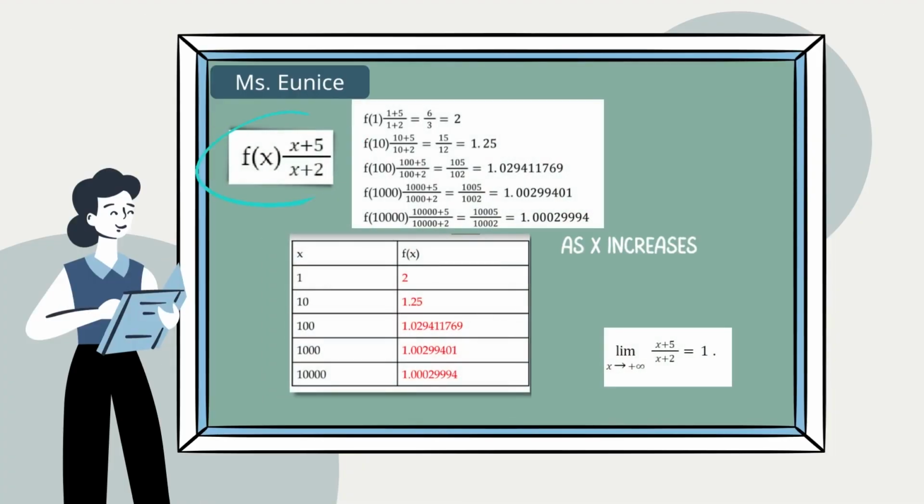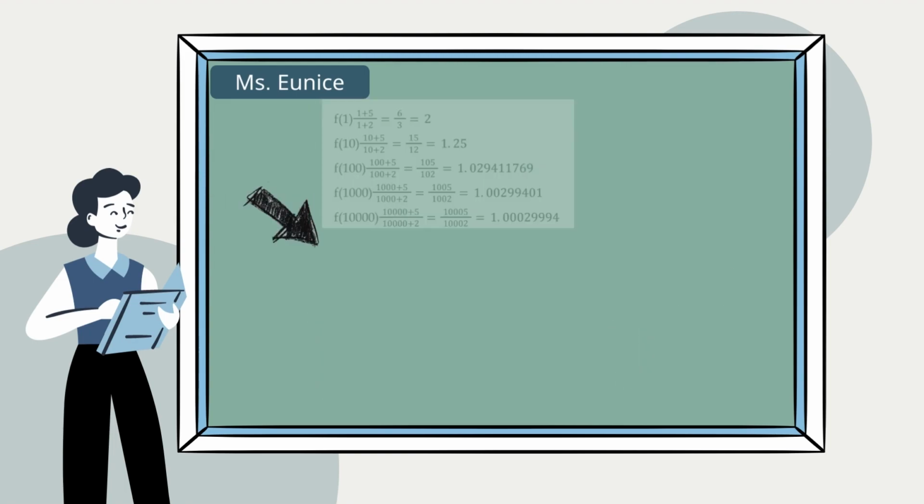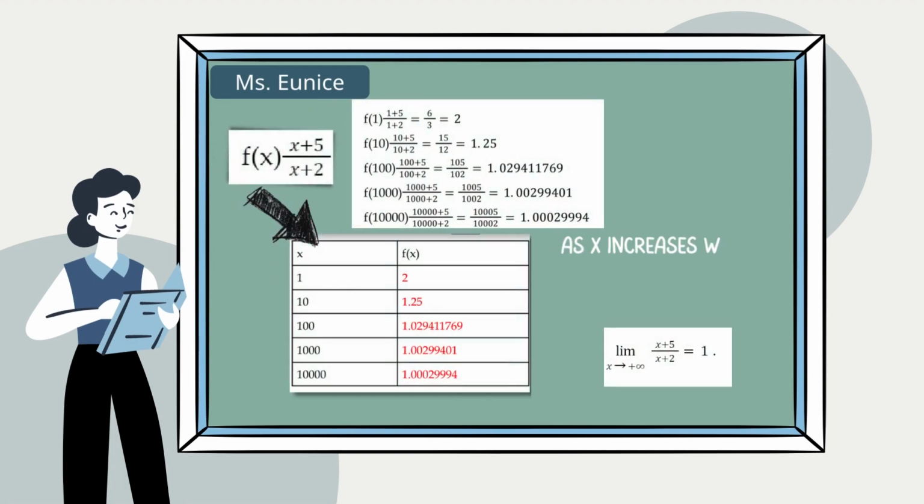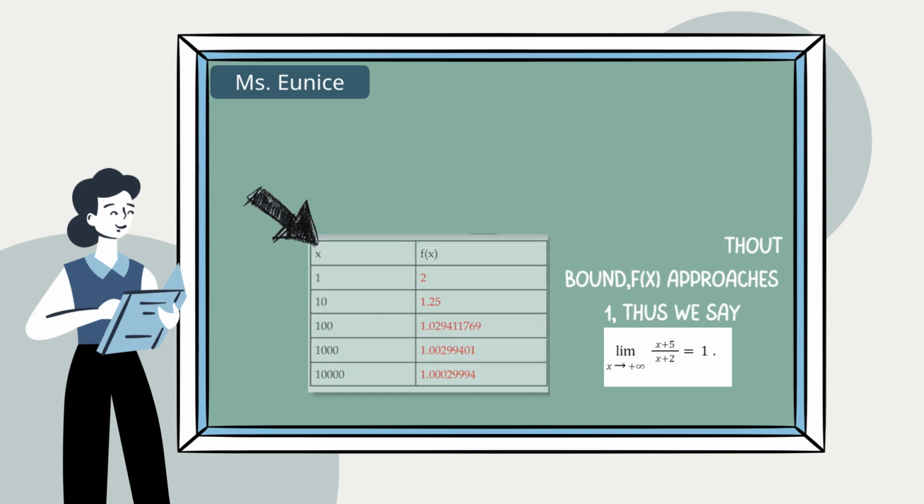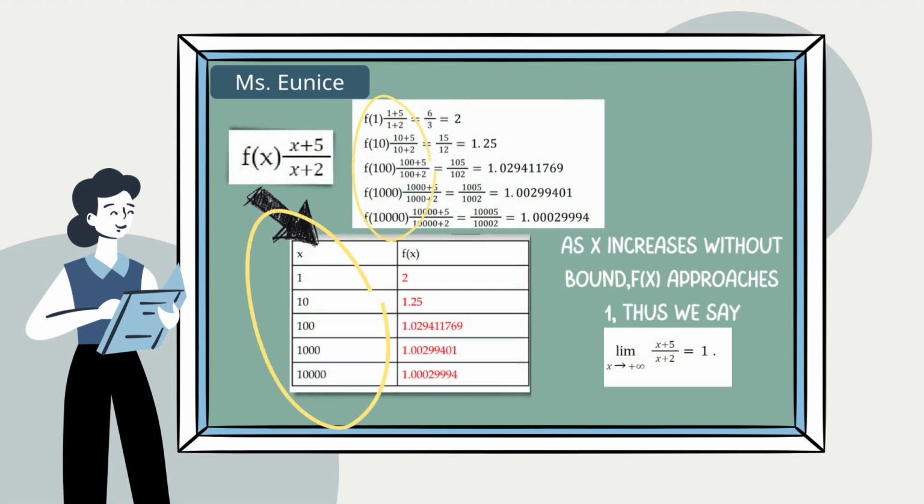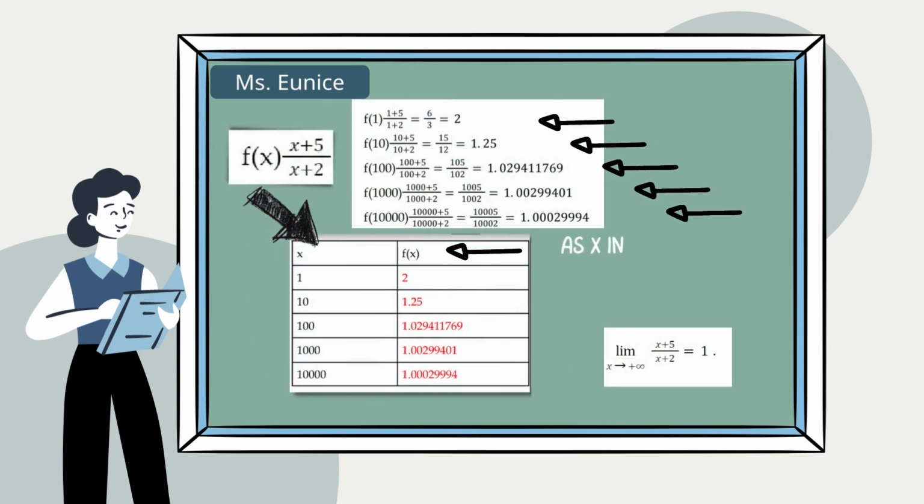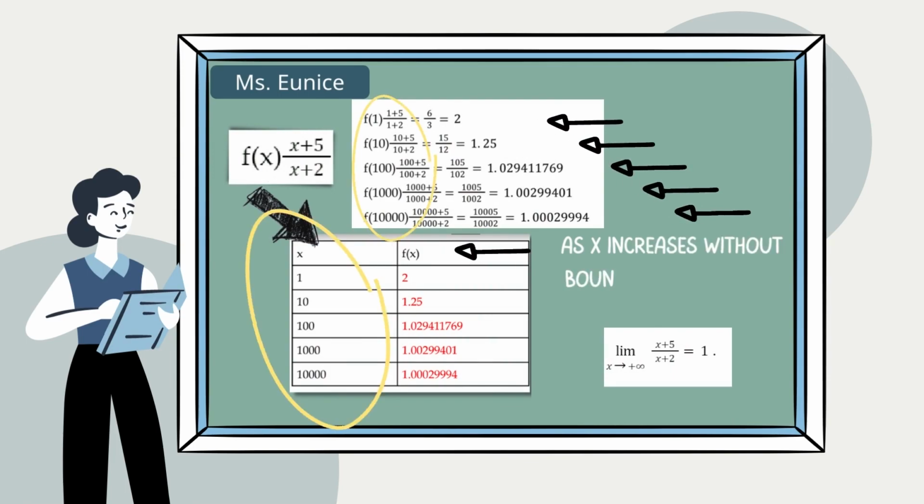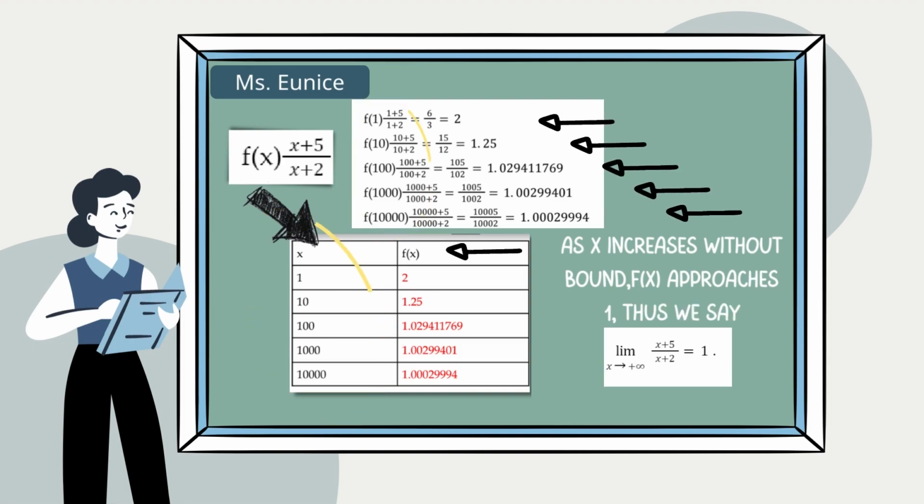Let me show you the illustration. Consider the function f of x equals x plus 5 over x plus 2. First, we need to complete our table of values. Since we are approaching positive infinity, our x will get larger and larger, as well as the value of f of x. As x increases without bound, f of x approaches 1. Thus we say the limit of x plus 5 over x plus 2 as x approaches positive infinity is equal to